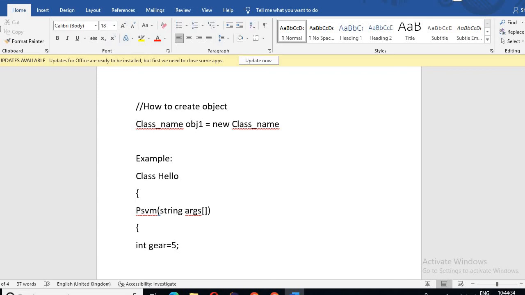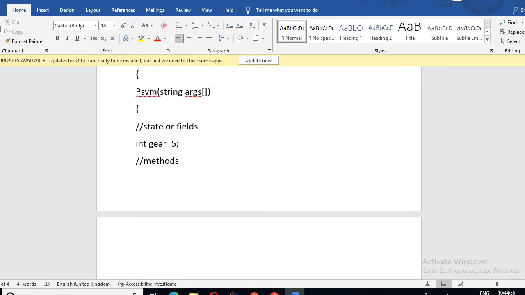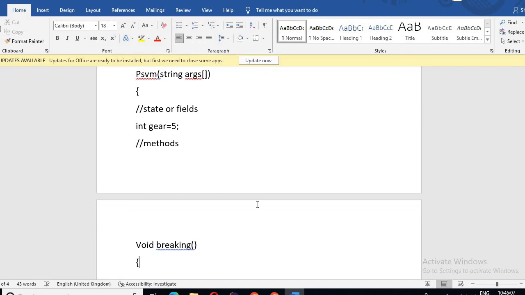This is also known as the state or fields of a class. Then I am writing the method of a class. Suppose I am writing void as the return type, then I am writing breaking as my method name. So here is my breaking function or breaking method.